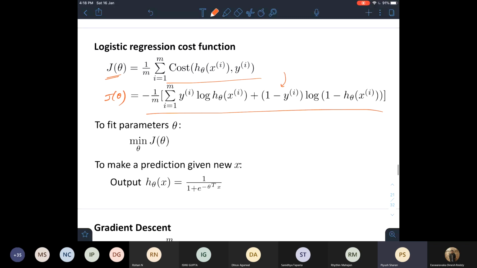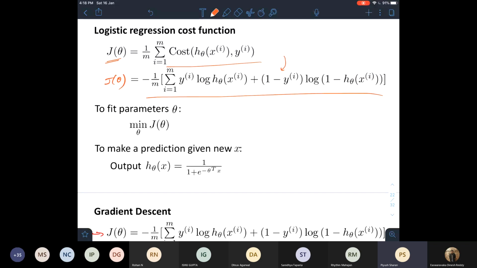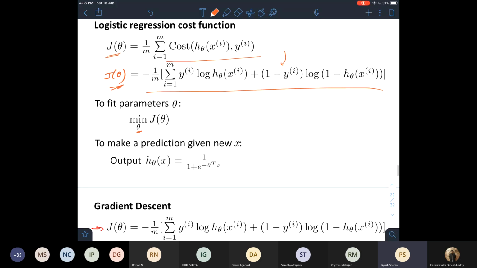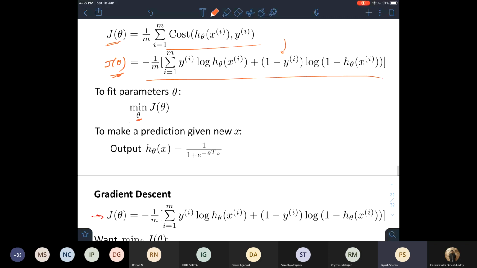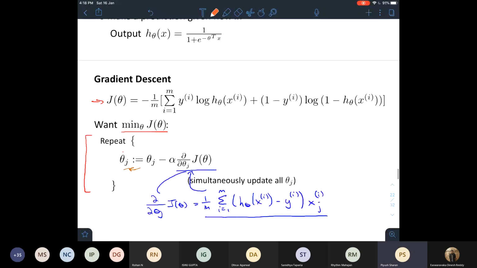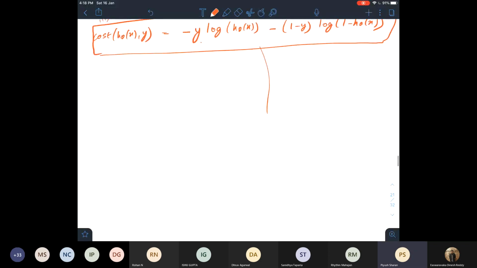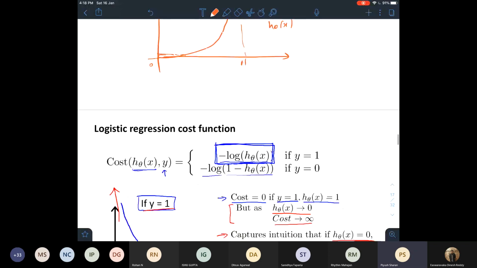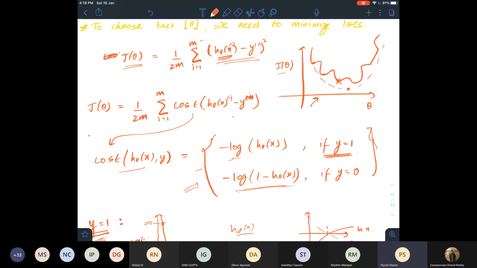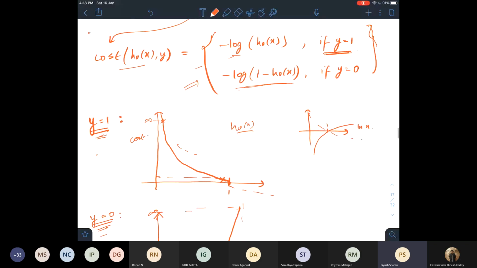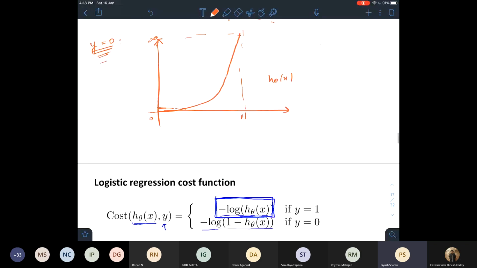Again, the problem is something similar to what we did in linear regression. We need to find the value of theta such that this loss, this cost is minimized, right? Which is the best fitting decision boundary. So again, we come back to gradient descent, because initially our graph was something like this if we would have used this as our cost function, but because we use this as a cost function, our graph now becomes a convex function.